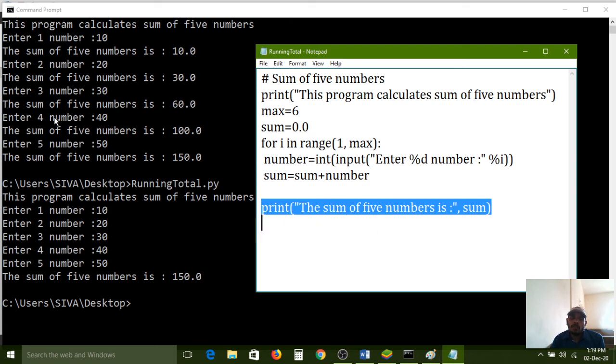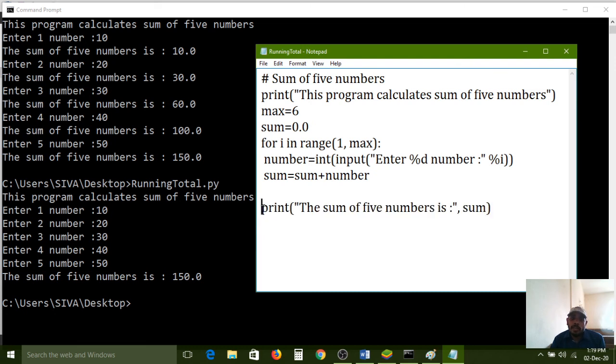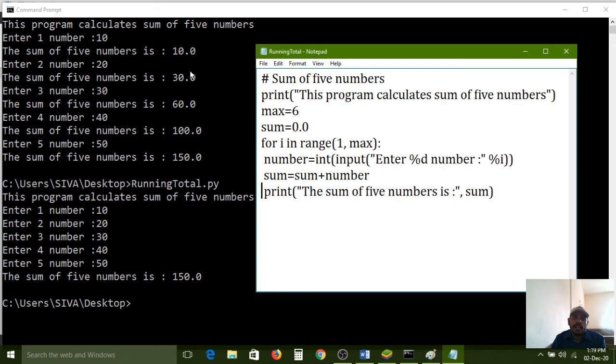All of you carefully observe the previous output. Same example, but here I removed the indentation space. If I add the indentation space, this line also belongs to the loop. Now it shows the running total. The first input you entered is 10, so 10 is the total sales. After 20 is added, the total output shows 30. So this is also called running total. Like that we have to configure.